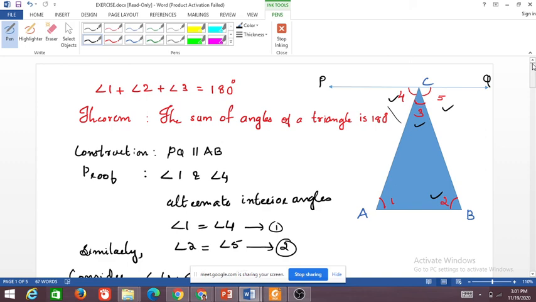Here, to prove this angle 1 plus angle 2 plus angle 3 equal to 180 degrees, you draw a line. No, ma'am, PQ, at the top of the tree. Yeah, but I have a method, ma'am, is it correct or not? Okay, tell me. Without drawing a line on the top, when we draw a line perpendicularly at that point of C, ma'am.